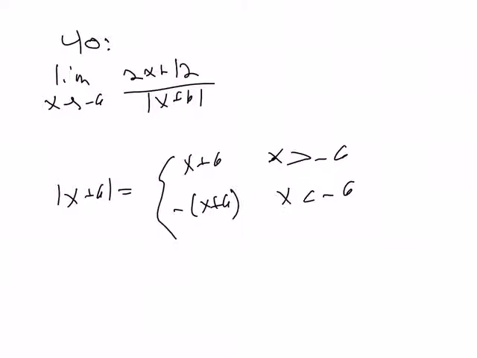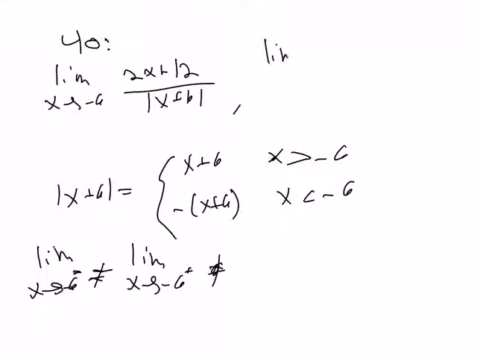So that is what our absolute value is saying. So now, again, what we're trying to check is that the limit as x goes to negative 6 from the left is equal to the limit as x goes to negative 6 from the right, and we will see that that is not true, actually. So let's do it. So what is the limit as we go from the left? So the limit as x goes to negative 6 from the left is,